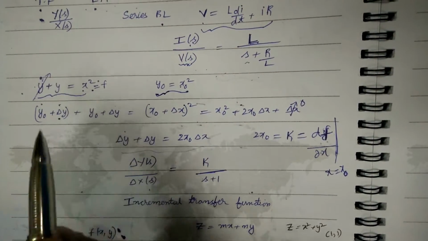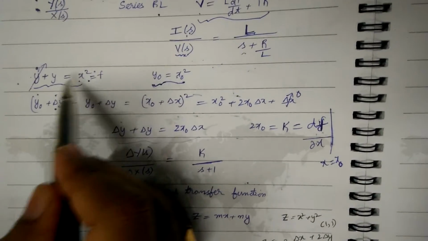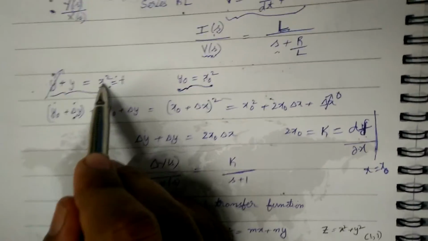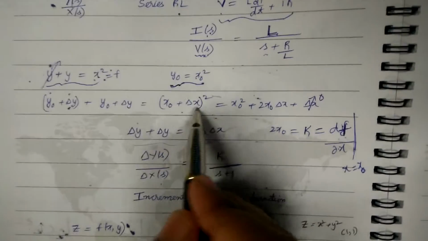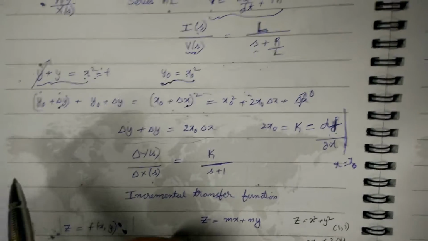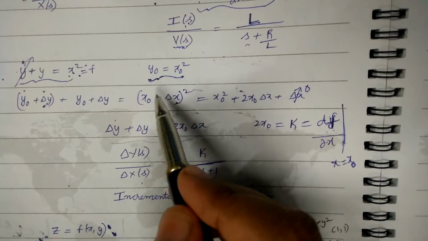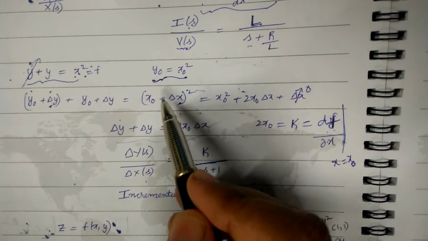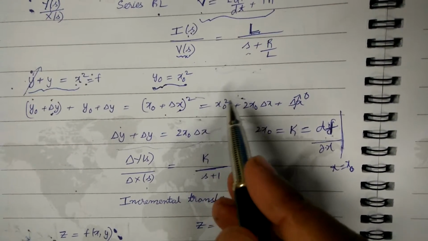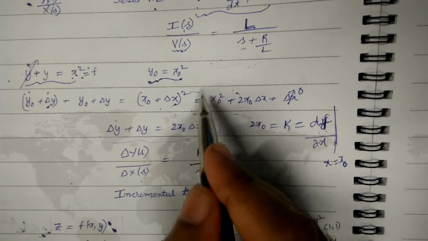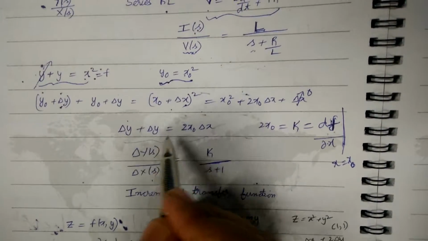As explained in the previous video, consider a small perturbation in x and a small perturbation in y. Wherever y appears, replace it with y naught plus delta y, and wherever x appears, replace it with x naught plus delta x. So if we zoom in on the response of this nonlinear system around that operating point, in the close neighborhood of those small perturbations, it is a linear system with respect to